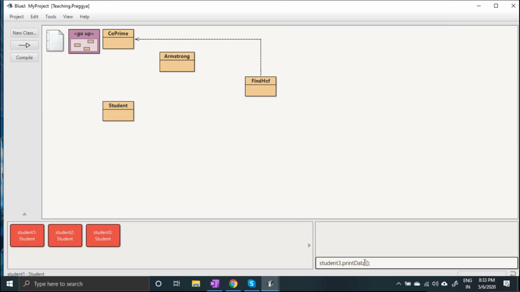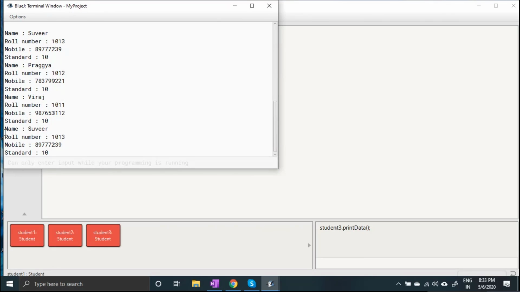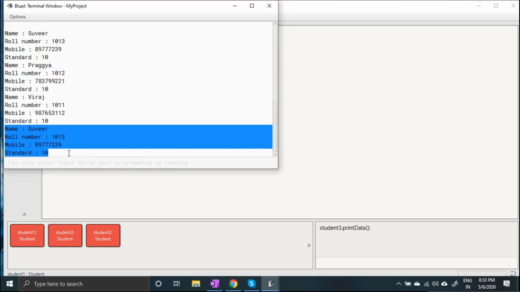When you press the enter key, in your terminal window you can see this data is printed here: name Suvir, roll number is this, and standard 10 is printed. So how will it be printed? Student 3 dot print data, right?